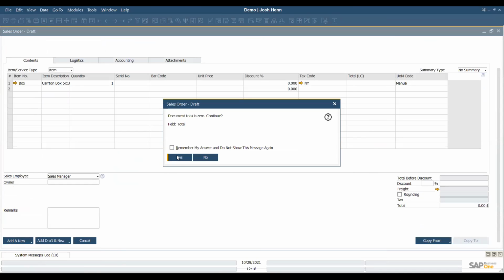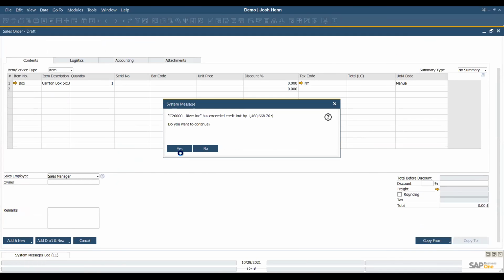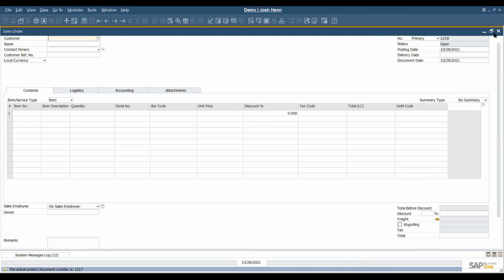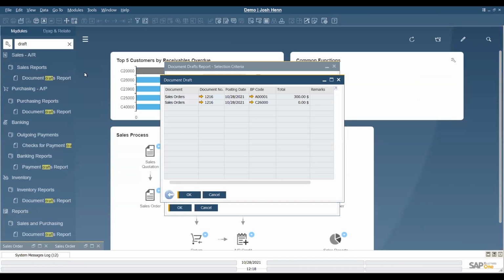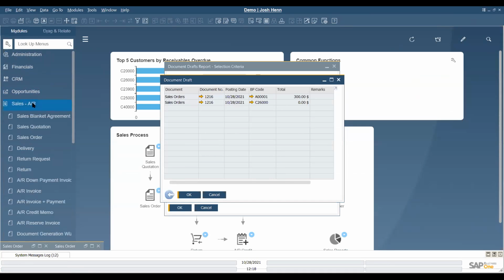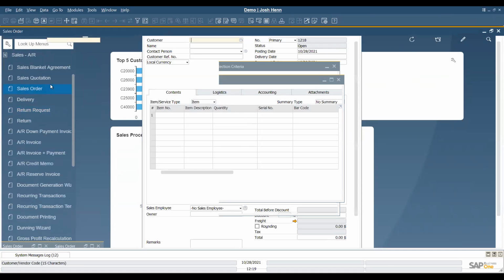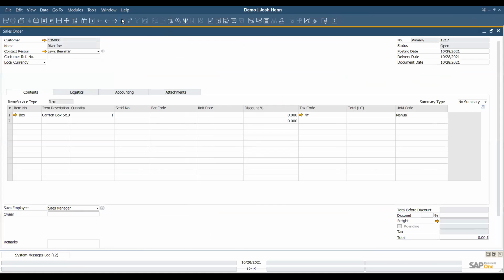Add a new. We'll see that the document number has increased to 1218. So by going back to our sales order, and then going to our last sales order, we can see that the document number has changed to 1217.